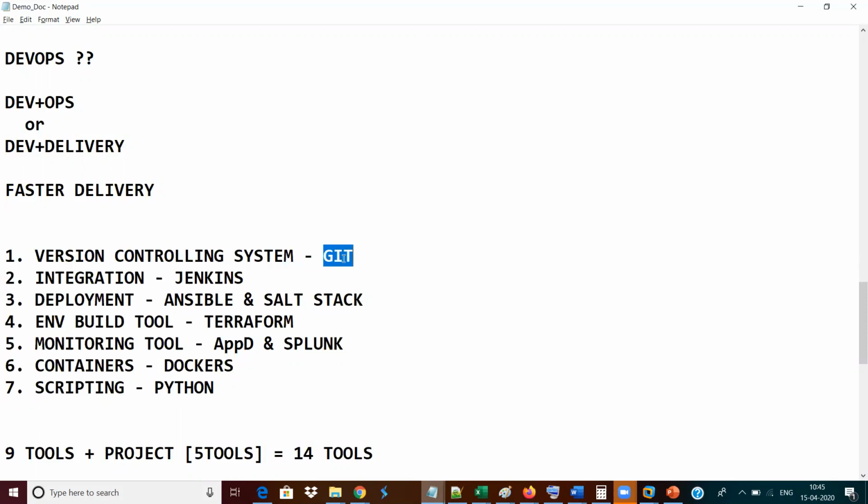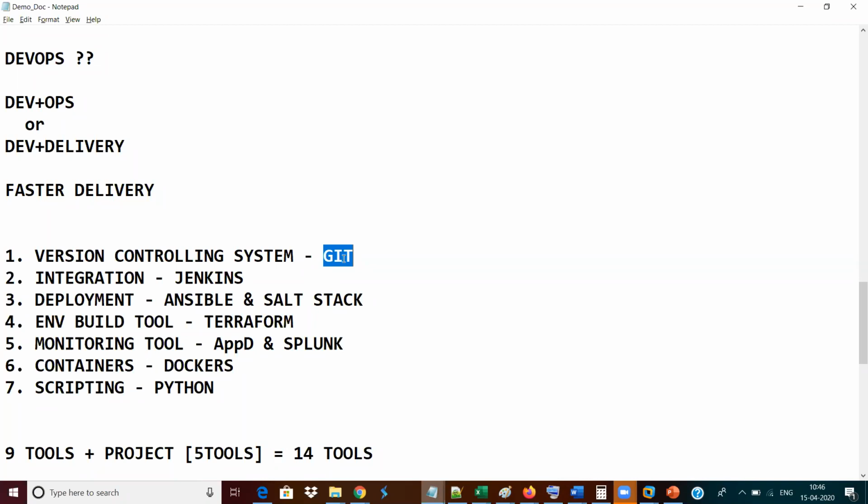Okay, so before getting into Git, which is an individual tool, before getting into that particular DevOps tool, I need to make you understand what is called version controlling system. Only if you understand version controlling system, you will be able to understand the behavior, the purpose or the feature of your Git. So before starting, we need to first understand how a version controlling tool works in real time.